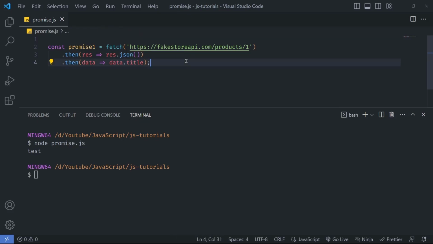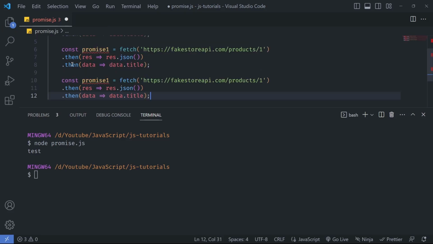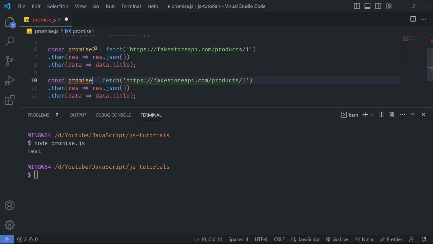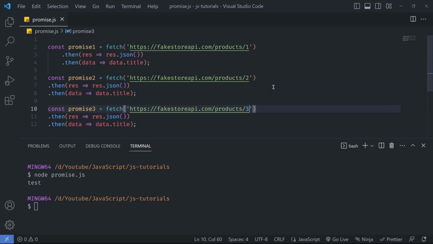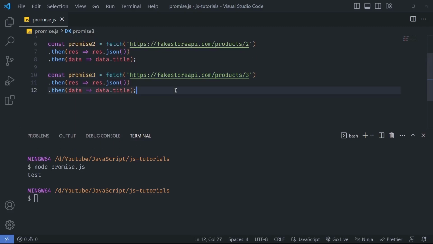Okay. So here you can see I have one promise here. I'm going to create multiple promises like this so that I can show you how we can work with multiple promises at once. Okay. I'm just going to rename this promise 1 to promise 2 and this one to promise 3. Similarly, to differentiate the response, I'm going to change the ID values here. Now you can see we have 3 different API calls. I'm going to perform all 3 API calls simultaneously. We can do this using